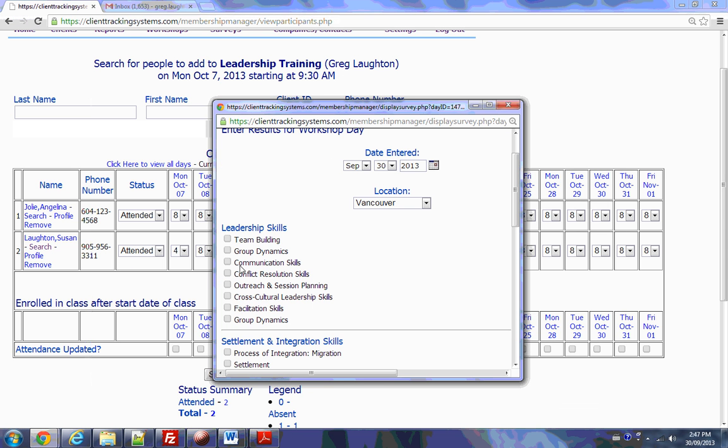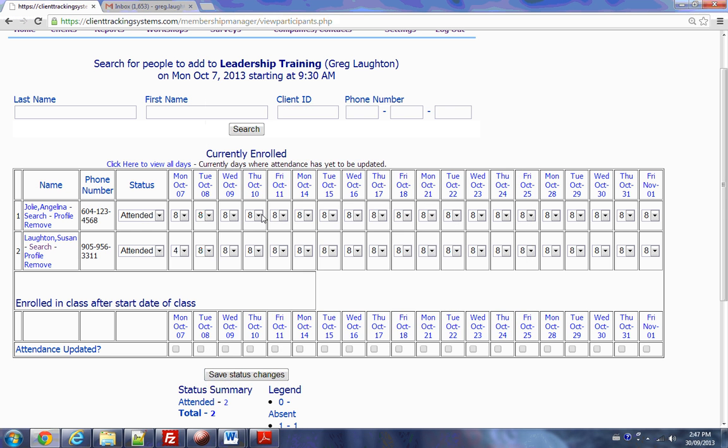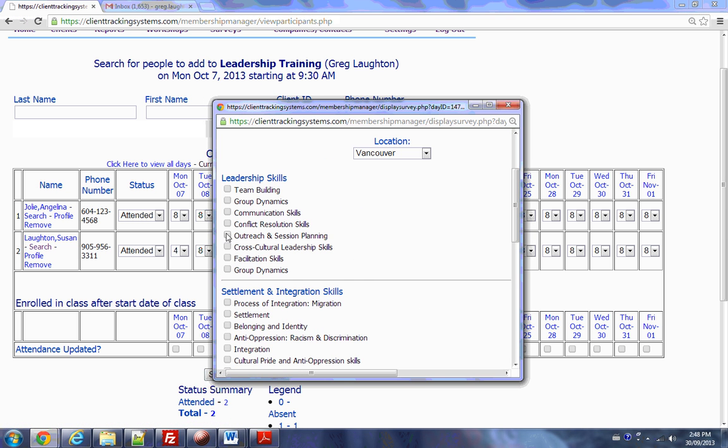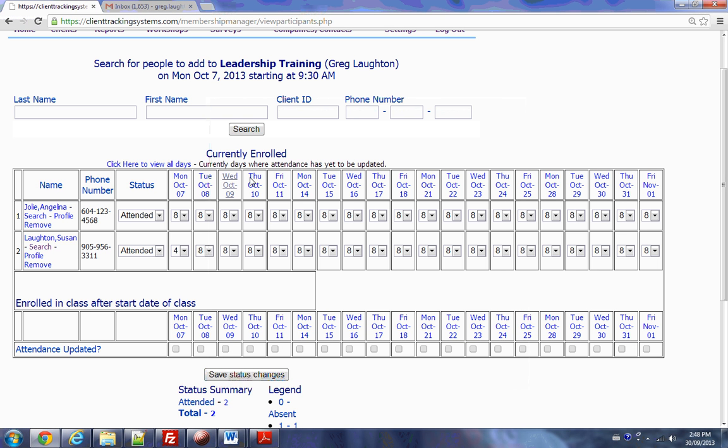On Tuesday, we're covering off a bit more group dynamics and communication skills. On Wednesday, we're covering off this, that, and the other thing, and so forth and so on. So you could actually indicate on each day the topics that would have been covered on those particular days. So you can capture that information that way. I think that's it for you guys, with the exception of